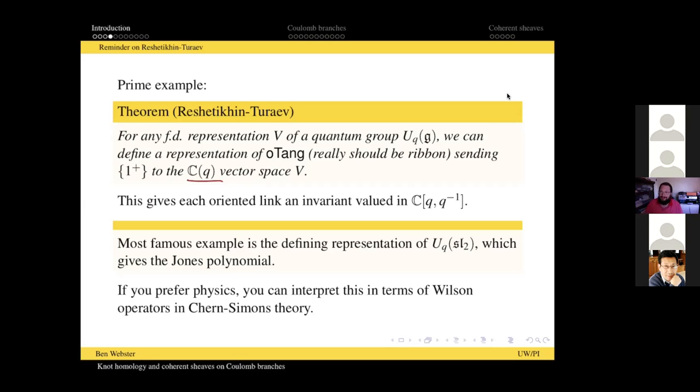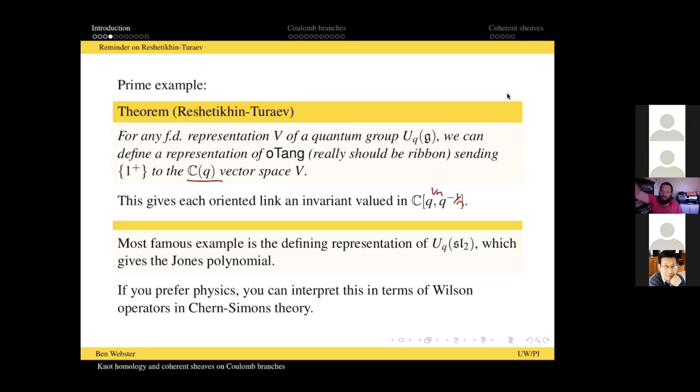But you're right, the R matrix involves taking fractional powers of Q, that sort of thing. So I'm being a little slippery here. I might actually need Q raised to a fractional power. Anyways, this does give me a Laurent polynomial valued invariant of the link, which again is sort of, I have